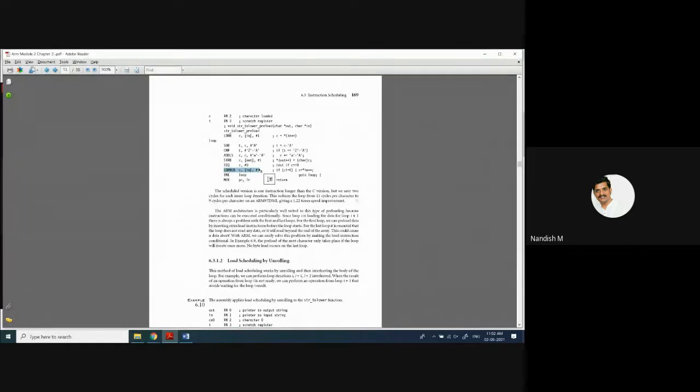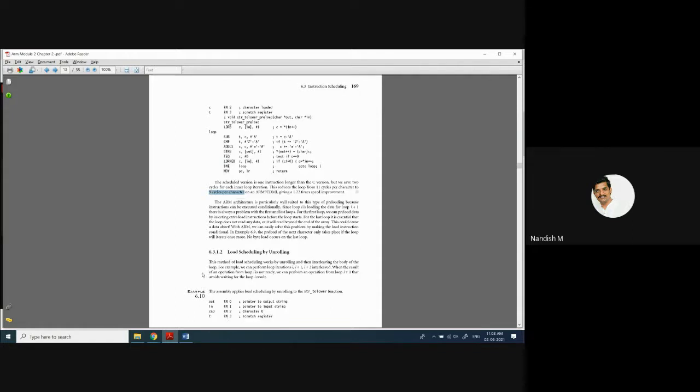The first is going to stall, and in the last loop it is going to try to read beyond the end of the memory array. That will lead to a data abort. These are the 2 problems with load scheduling by preloading. But still you have seen a 1.22 times speed improvement. Why? 11 cycles per character, and now it is 9 cycles per character.